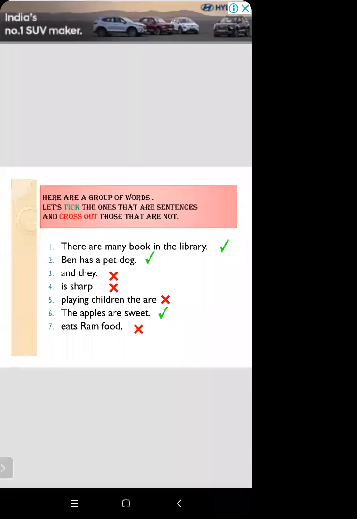Clear? Now, at the end of the sentence you have to put a full stop. As I told you before, when you notice that it is a declarative sentence, you have to put a full stop at the end of the sentence. So this is all about the exercise related to the sentence. Okay students, clear? I hope you have understood the exercise, what is a sentence.